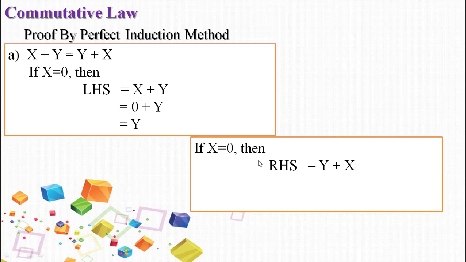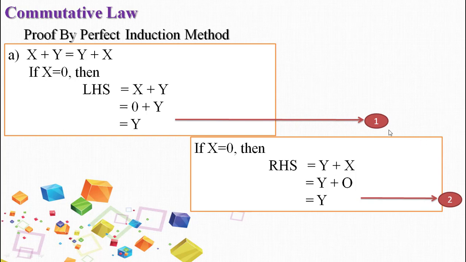So x is equal to 0, then the right hand side value is y plus x. Substitute the value of x equal to 0, then y plus 0 will remain. So 0 plus y or y plus 0 is the same, that will result in y with the help of the properties of zeros and ones. The properties of zeros and ones say that if a variable is added with 0, the same variable will be the answer. So you can have a recap on the previous video on the properties of zeros and ones. So from expression number 1 and expression number 2, you can say that left hand side and right hand side are both equal, and produce the same answer.